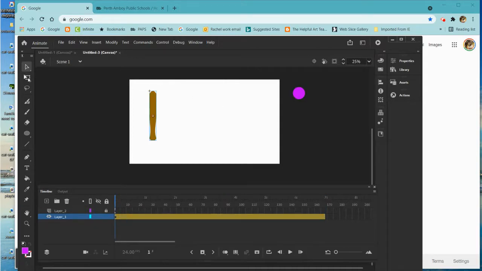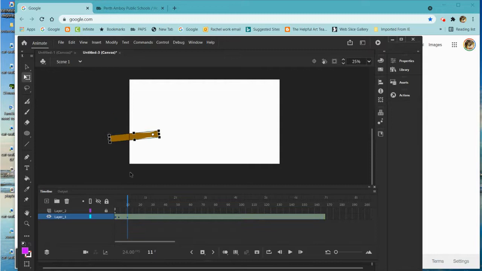So if I go to the free transform tool, you'll see this dot in the middle. If I try and swing the bat now, it's just going to spin around this dot. So in order to have it rotate the way I want around the handle of the bat, I have to pull this dot down to where I want it. Now, I have this timeline, and I'm going to work with the position of the bat and the timeline at the same time. So I'm going to move the timeline a little bit, and I'm going to then rotate the bat a little bit. So I've got to swing back a little,